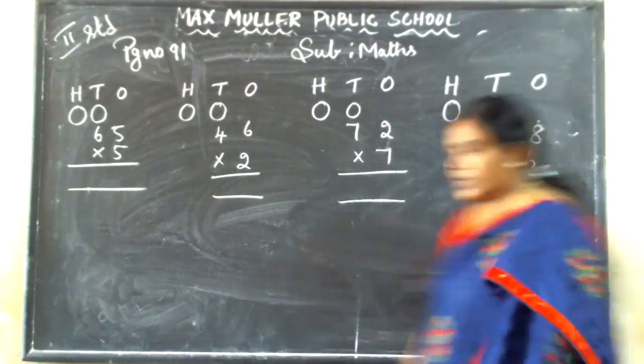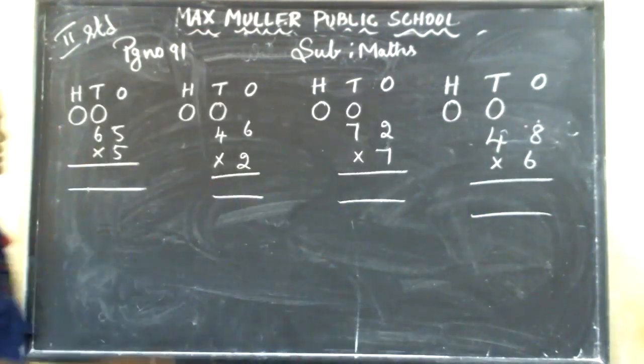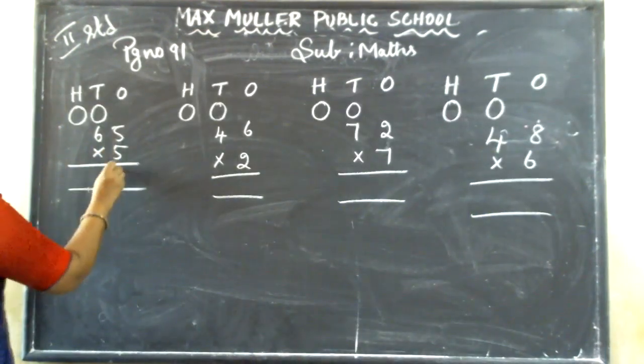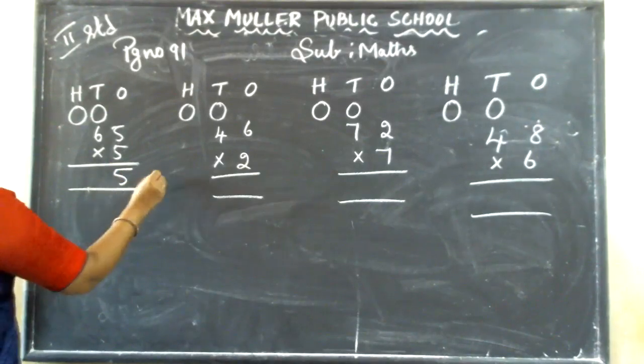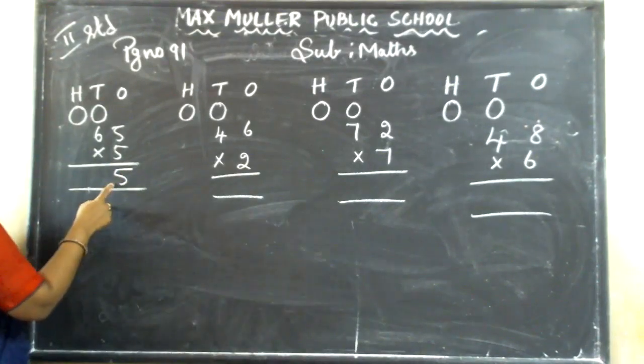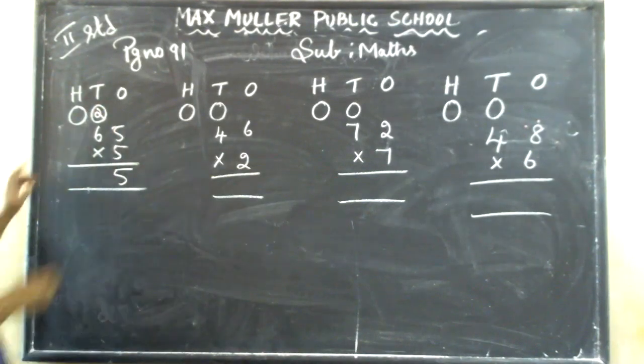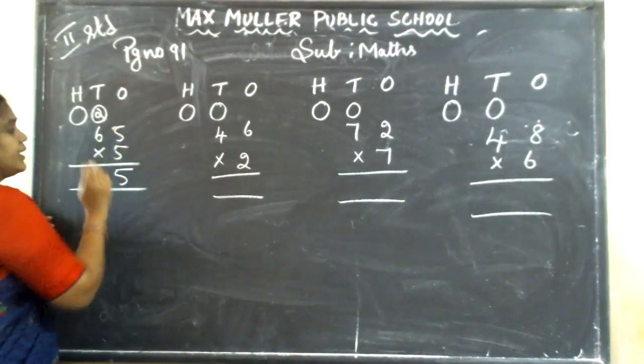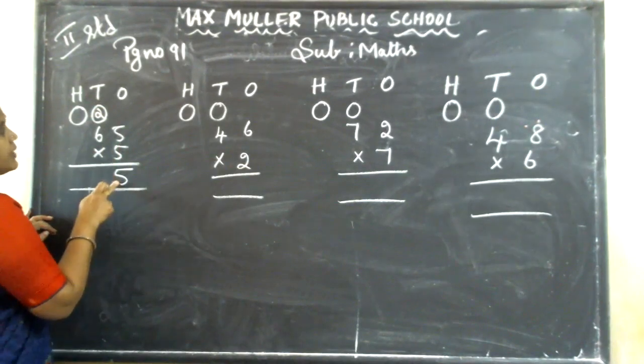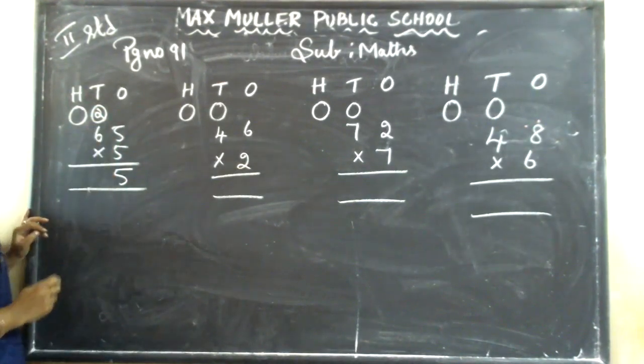Now I am going to start the multiplication, children. Which tables do we have to say? 5 5s are 25. 25 is a 2-digit number. 5 will be written here. 2 will carry to the tens place. You multiply these first and you will get 25. 5 you write here, 2 carry to the tens column.